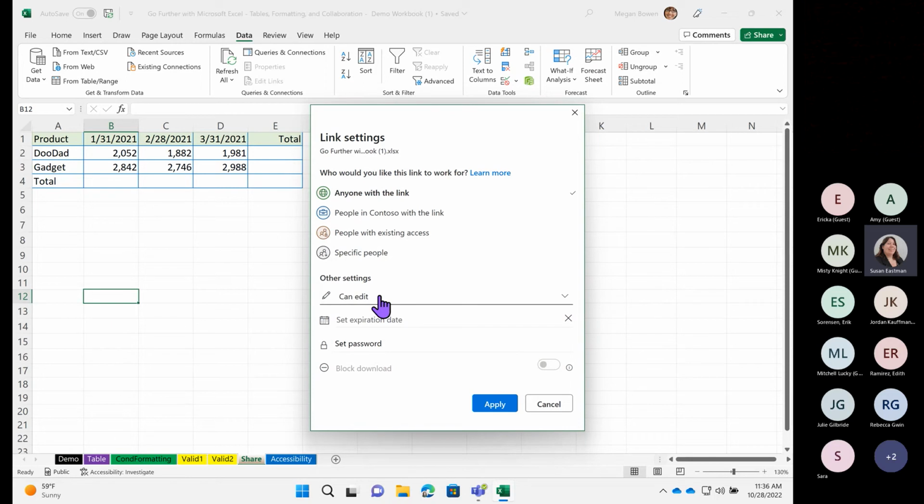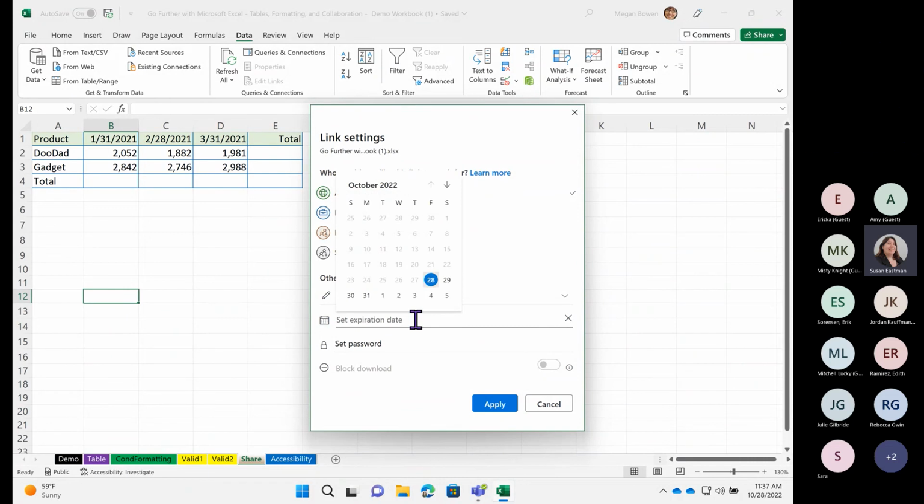Underneath those options, we have other settings where I can change it to can edit or can view, so they cannot make edit changes. So maybe this is a sensitive workbook that I can't really let anybody make changes to, so I'd want to go in here and just say that they can only view it. I can also set an expiration date, because maybe this information is going to be changed or updated within a week, or it may become invalid because it's a year-end report and you won't need it